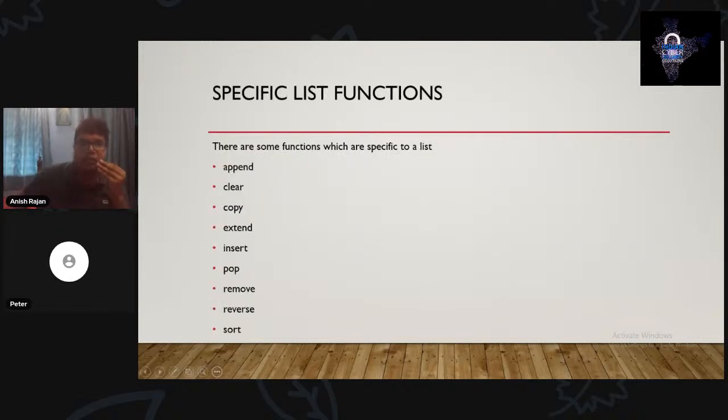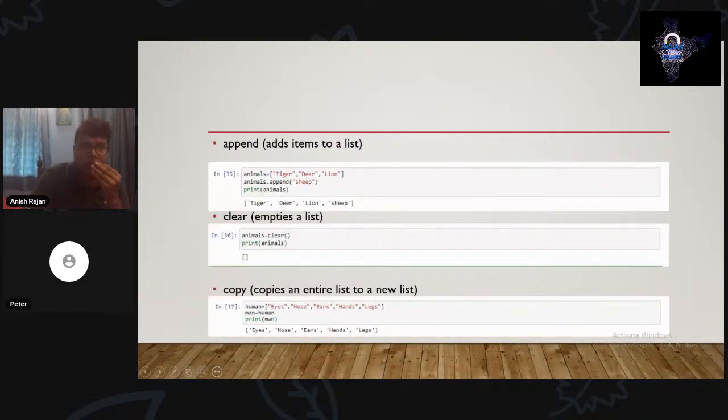Now again, we have certain functions specific to list, that is append, clear, copy, extend, insert, pop, remove, reverse, and sort. So let us go through these functions now. So the append function.